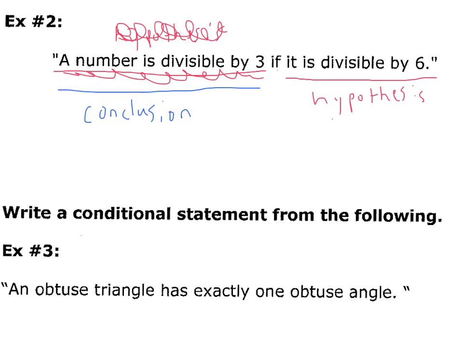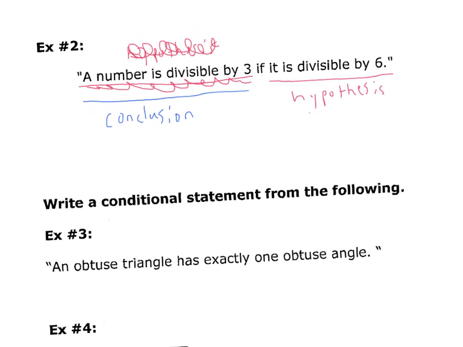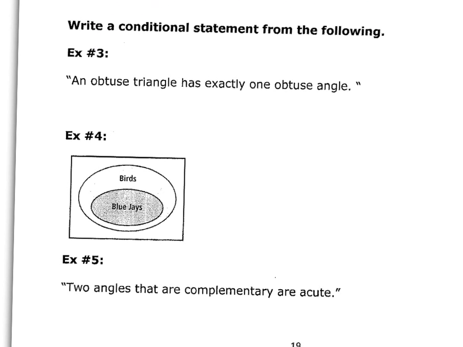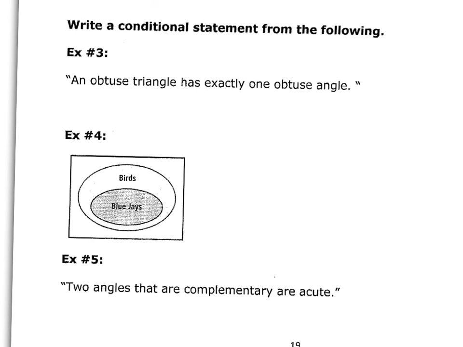Let's go through a couple more of these real quick. We want to write a conditional statement from the following. That's an if-then. So we need to identify our hypothesis and then identify our conclusion. Our hypothesis is going to be an obtuse triangle. And our conclusion, when you assume that there's an obtuse triangle, is that it has one obtuse angle. If you wanted to write a conditional statement about this, it would be